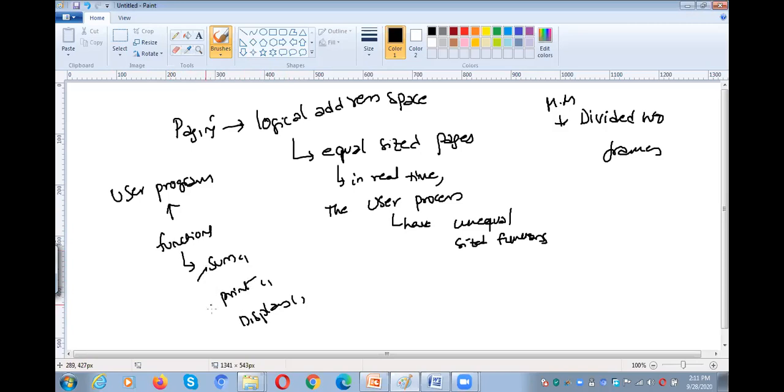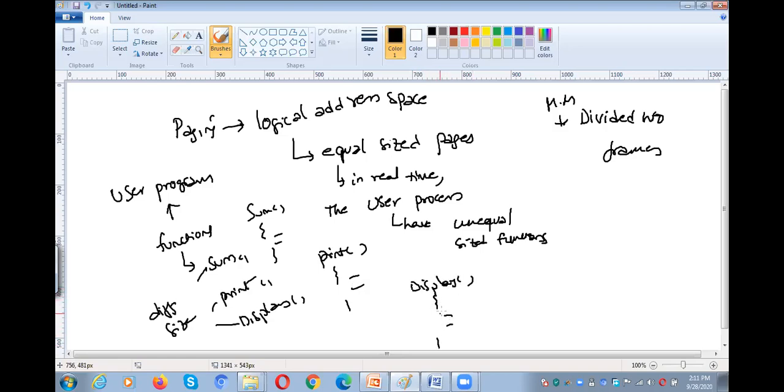All these functions are of different size. Each and every function does not have the same number of instructions. The print function has a different number of instructions, and maybe the display function has different instructions, a different size.